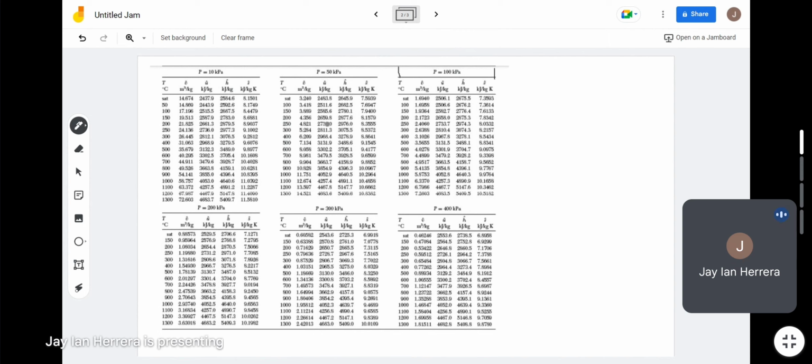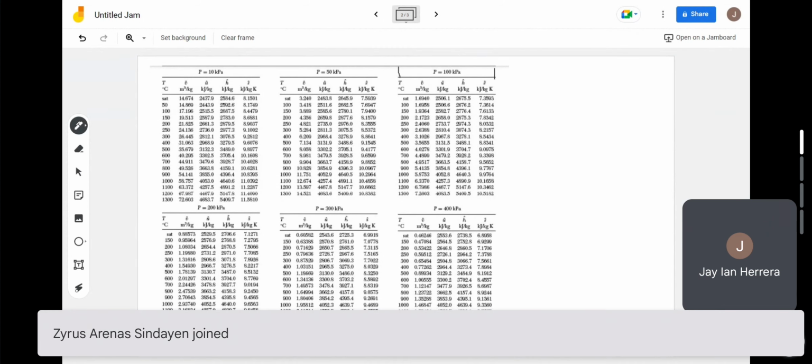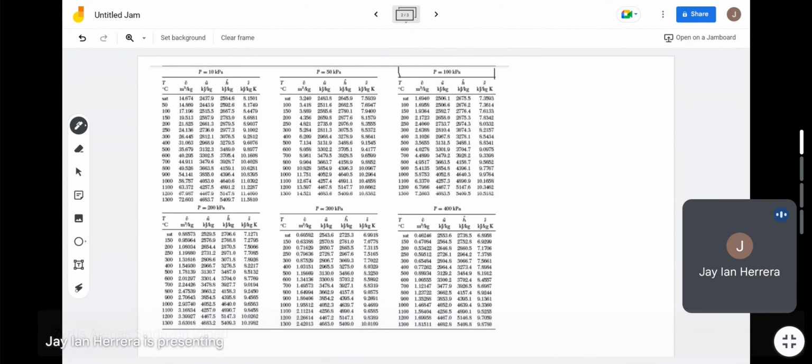So, tuturuan ko kayo siguro sa Monday kung paano mag-interpolate. So, ewan ko kung may mga alam ng mag-interpolate sa inyo. Pero, turuan ko kayo sa Monday. So, interpolation meaning, kunwari, given tayo ng pressure and then given tayo ng temperature,